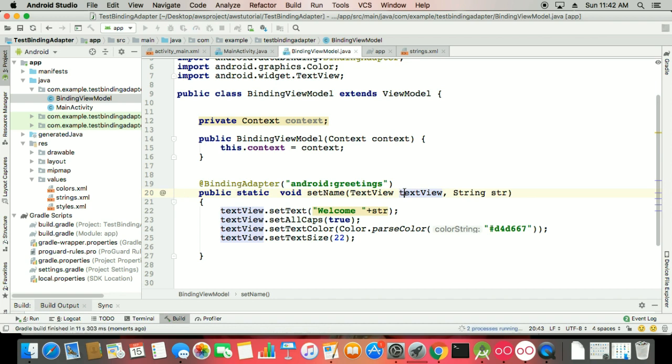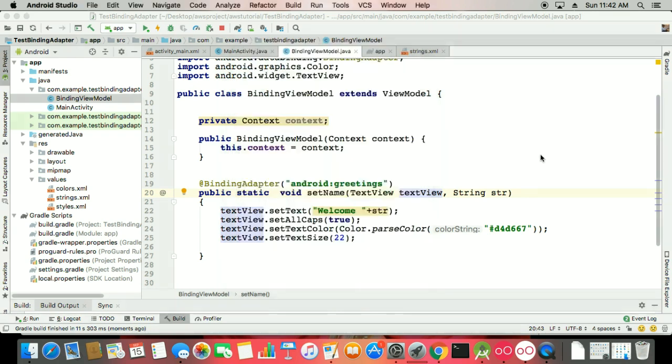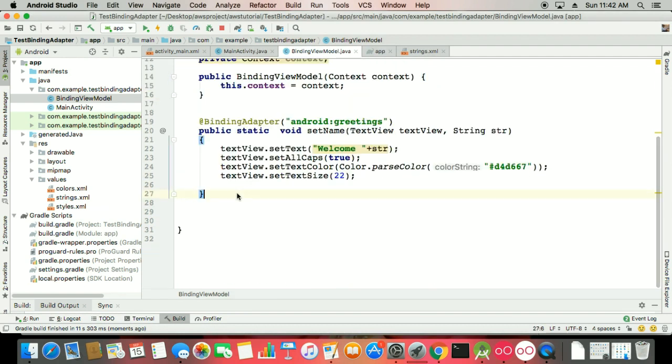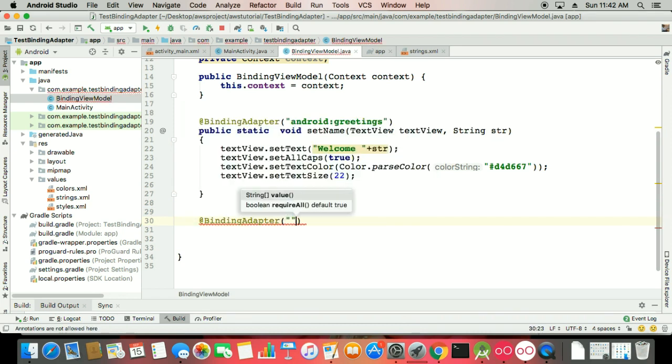So that means here I just simply make a method, so you can use these approaches on your own. You can see this is the welcome users. I want this text to be a little to the right side, and I want some padding on that. So what to do? You can again create your binding adapter and work on that. You can see if you have a binding adapter, like @BindingAdapter, and this is your android